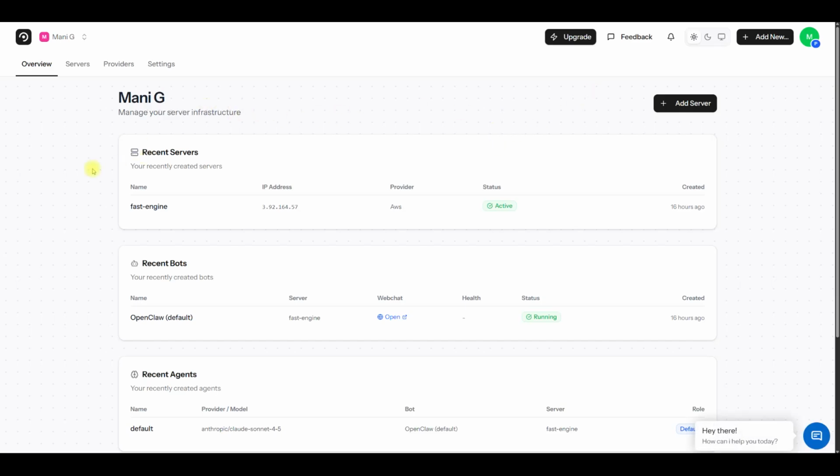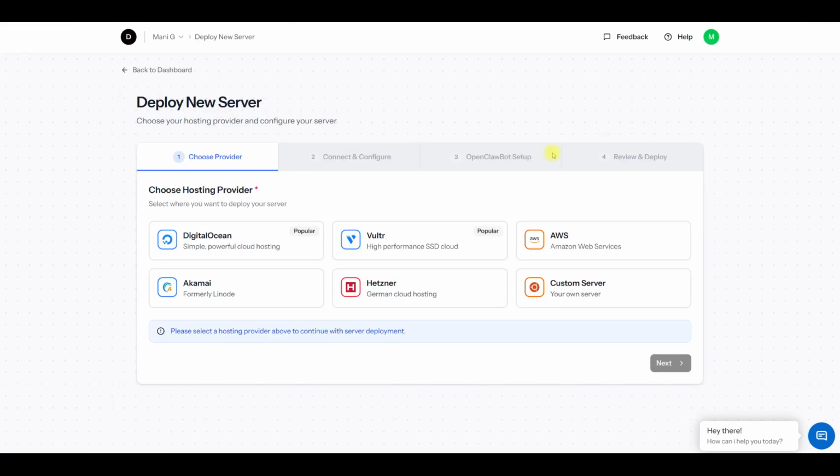So this is how you log in. Once you log in to the platform, you will see a deploy new server button. After clicking that, you can see the deploy new server screen, wherein you will be able to select DigitalOcean, Vultr, AWS, Akamai, Hetzner, or custom server. So you can select any option. Since this video is about AWS, I'm going to select AWS